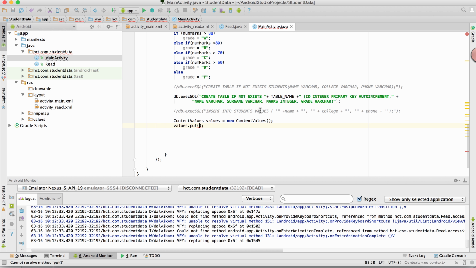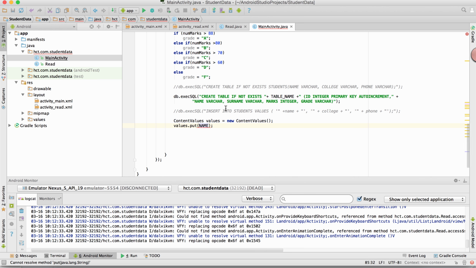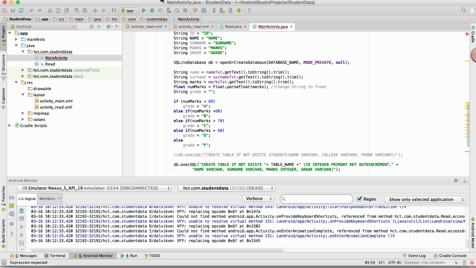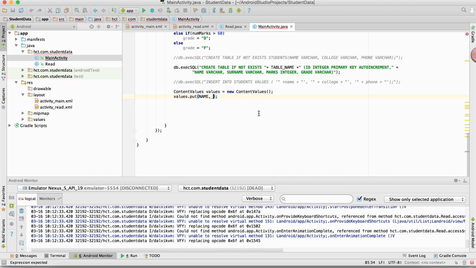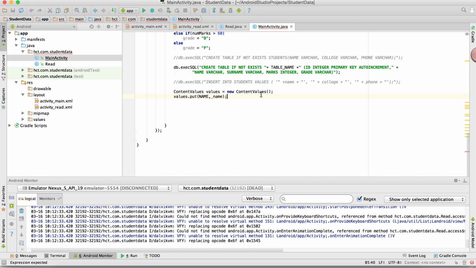Since id is automatic, I'll say name, this name, comma, what's the value I read, this name is name, the small name, and then values dot put surname, and then values dot put